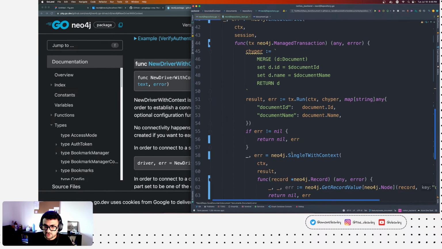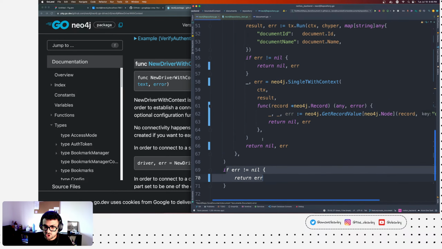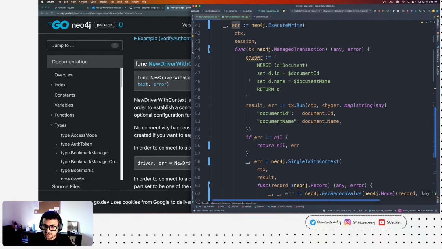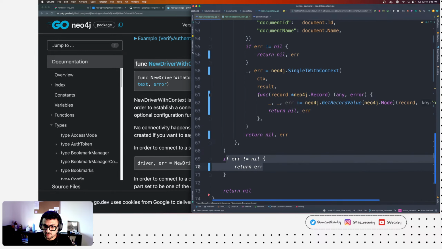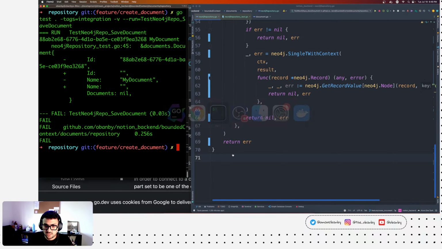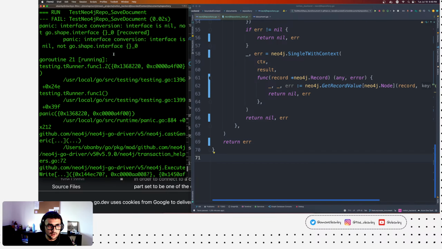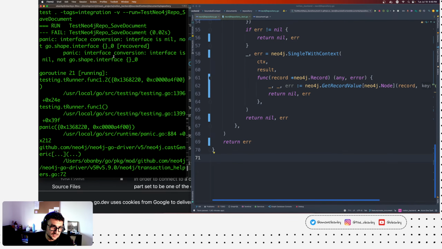Okay, wonderful. This all is happening here, and now I'll just simply check if there's an error from the execute, right? But I don't even need really to check, because guess what? That's the only thing we will be returning. Now, let's run our tests and see. All right, we definitely messed something up. So let's see.